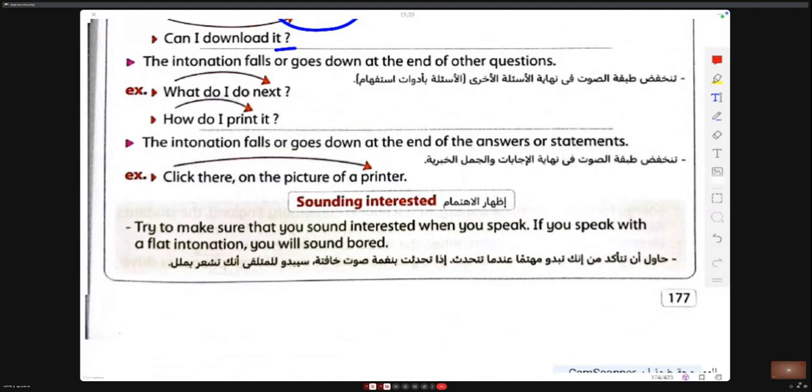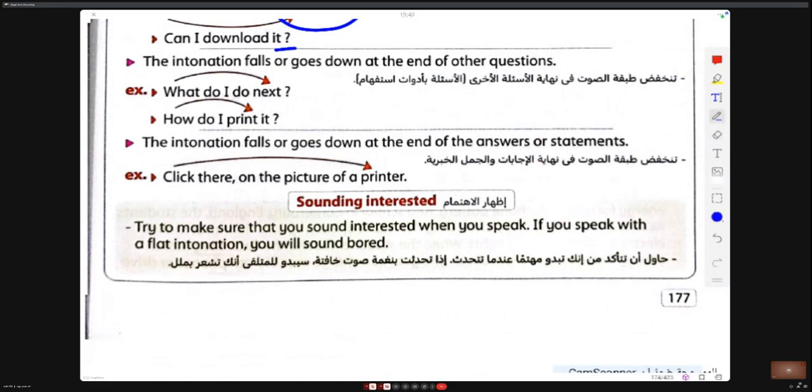How do I print it? Click there on the picture of a printer. Here the intonation is not a question, but it is not a statement either. It is an imperative sentence. So intonation falls or goes down at the end of the answer or statement. Click there on the picture of a printer.